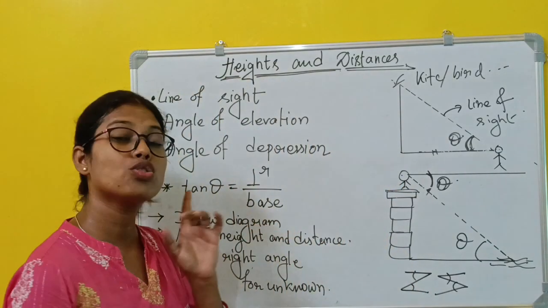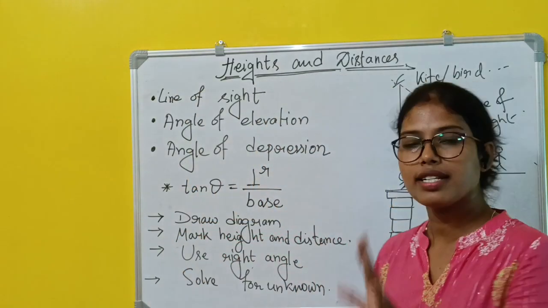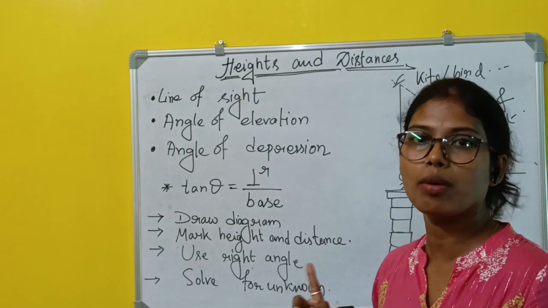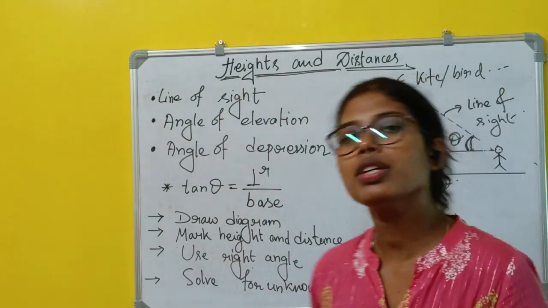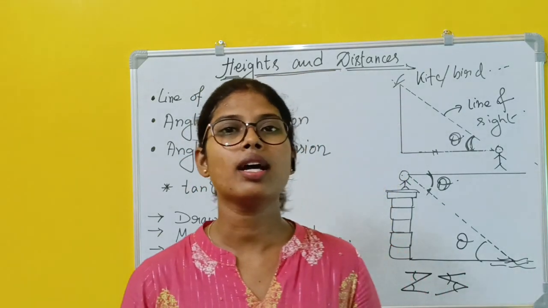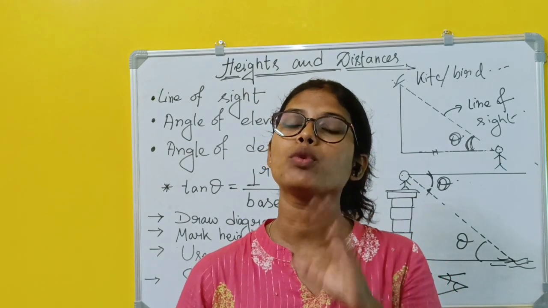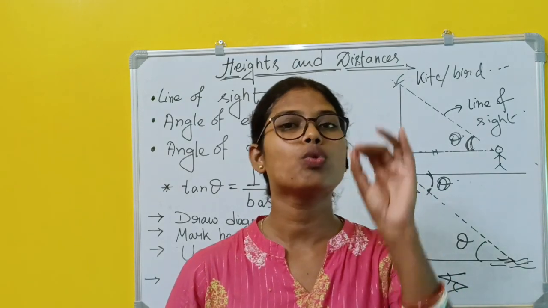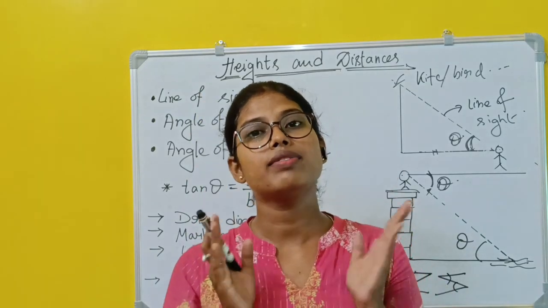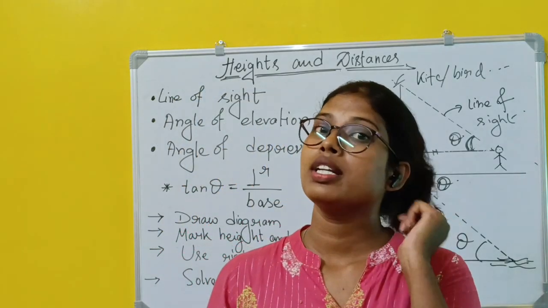So the first one is draw the diagram very carefully. What is the second point? Mark height and distance. Third one is use right angle. Try to use the right angle if there is one forming. Then solve for the unknown. Okay. So the major thing I am repeatedly saying is that the diagram is very important for this chapter. Height and distance में अगर आपका diagram बन गया, तो कोई भी sum आपसे बहुत easily बन जाएगा, because we already know the standard values of the trigonometric ratios, है ना? और we already learned the identities.